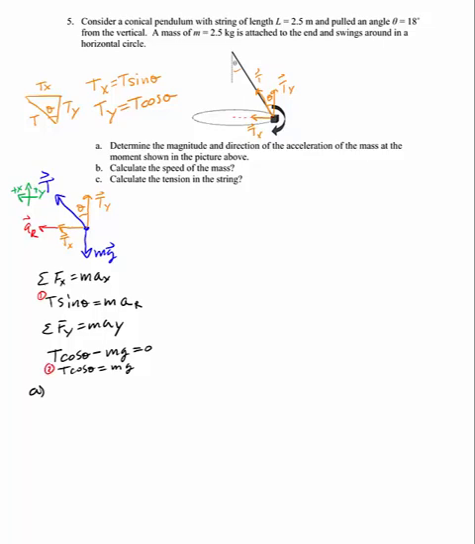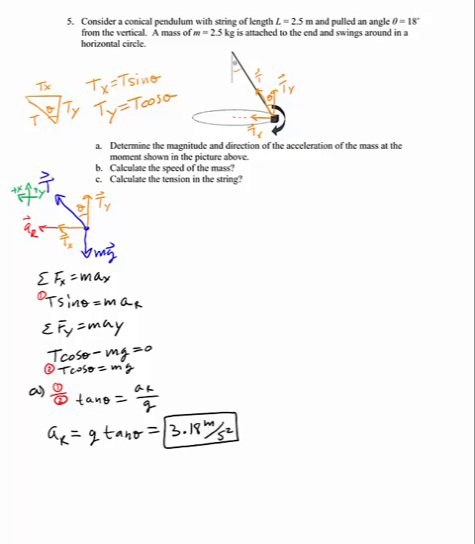And I'll take equation 1 divided by equation 2 like this, and the T's cancel, and I have sine over cosine, which is tangent. So tangent theta equals m a_r over mg, which is a radial over g. So the radial acceleration here is g tangent theta, which when I plug it in is 3.18 meters per second